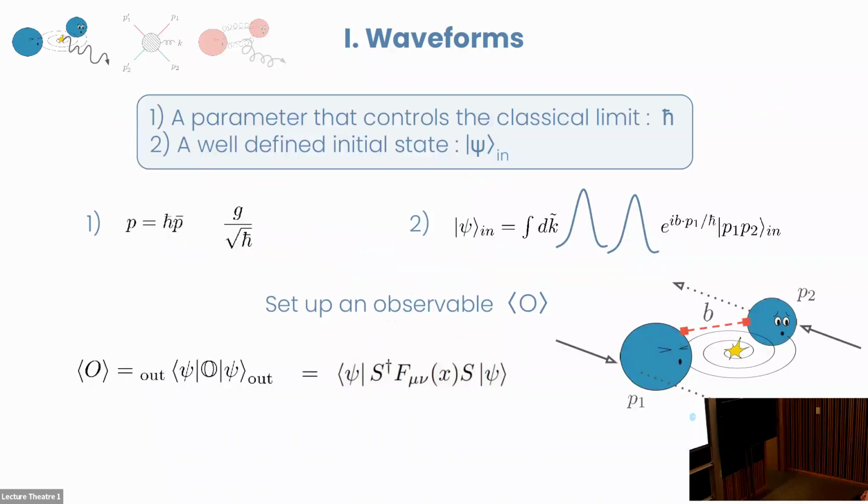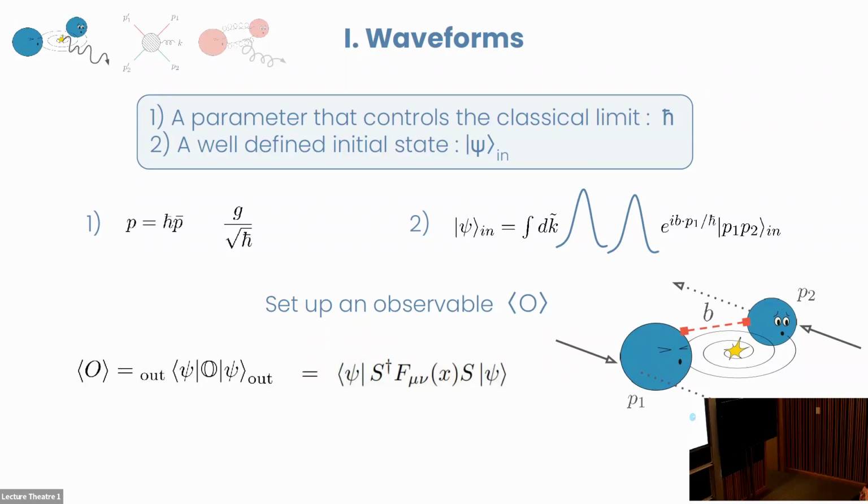So that we can set up these expectation values. The parameter that we use is h bar. We just reintroduce it into the expressions that we have: any momentum of massless particles or messenger particles, or loop momentum, all these get this h bar back, and then they're written in terms of their wave number. And also the couplings get these factors of h bar. So we just plug that back in.